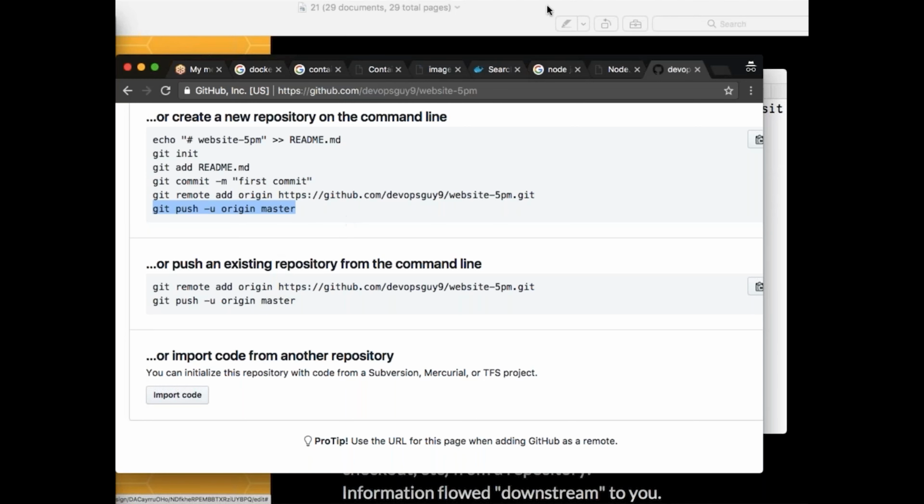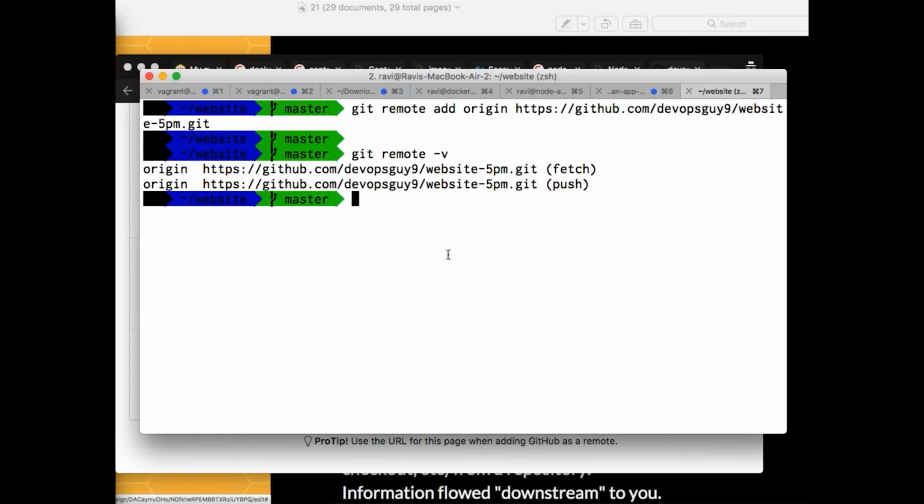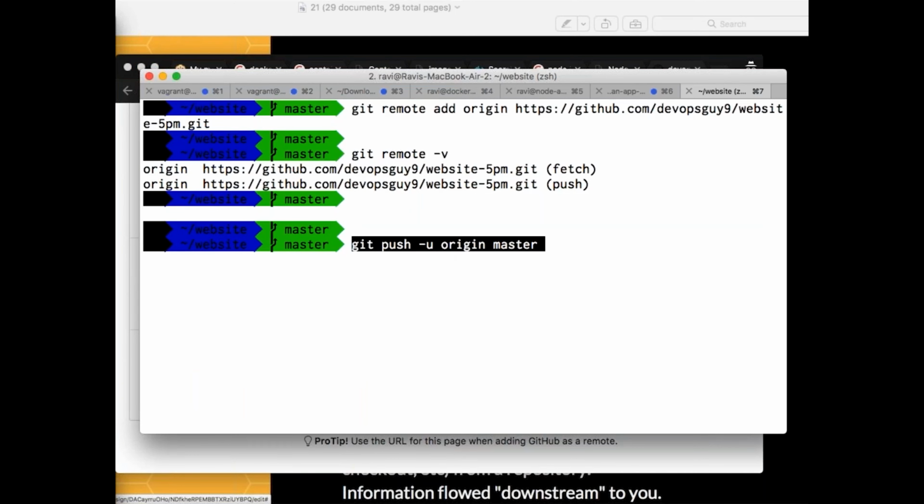Okay, so I'll say git push, and now I'm pushing the changes: git push -u origin and my local master. So once I do this,